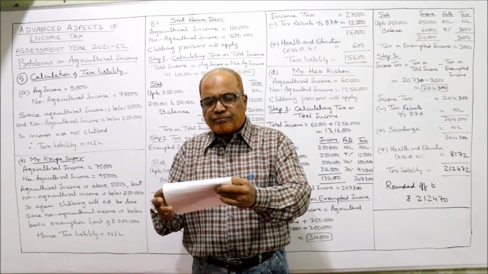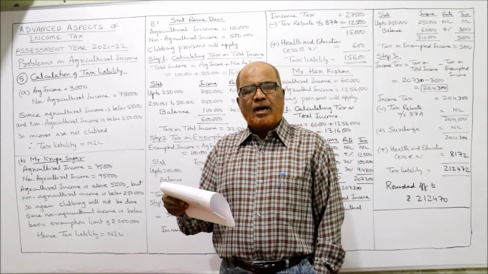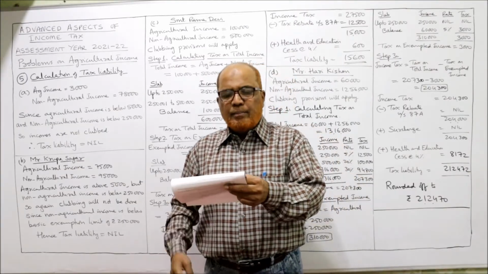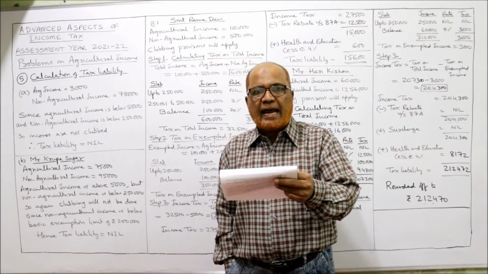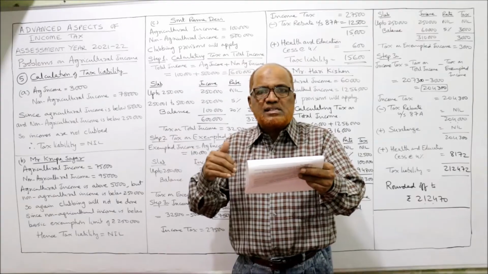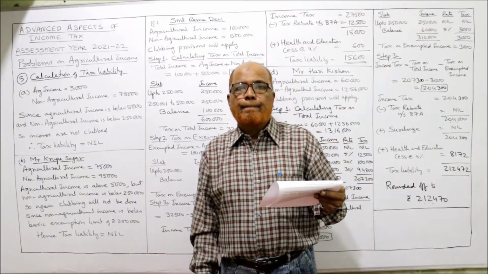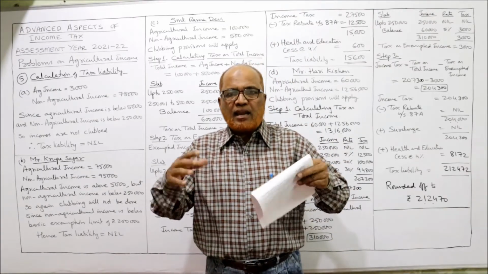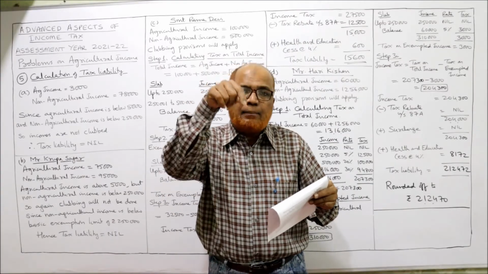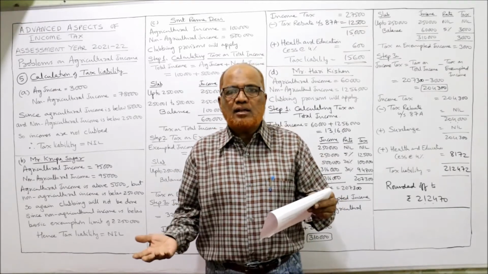Fourth question. Discuss whether the following incomes are agricultural income or not in nature. Again, we simply have to decide whether each item is agricultural or not. A. Mr. Owner is the owner of an agricultural land and received 7,500 towards interest for delay in payment of rent. Rent and revenue are agricultural income, but interest received on delayed payment of rent is not agricultural income.